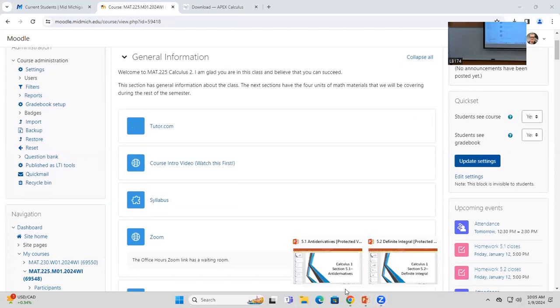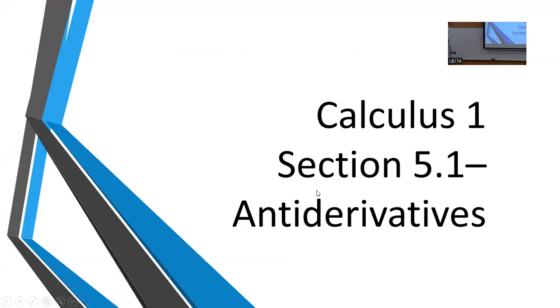All right, so I will get started with the material. And hopefully these first couple of sections are review. Stuff that you saw in Calc 1. But it's good to have a refresher before we get too far into things. So if you took Calc 1 here, you actually went through all of chapter 5 and did even a couple of sections of chapter 6. But I wanted to get a little bit of a refresher,